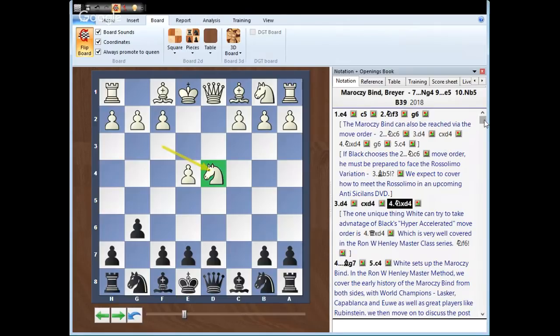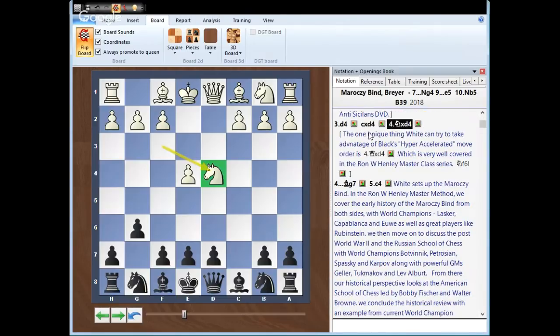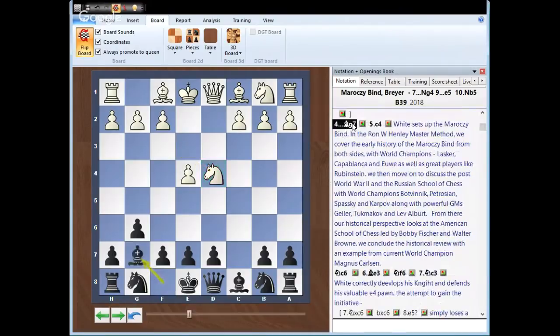Okay, so after knight takes d4. Now notice one of the unique ways that white can try to take advantage of our hyper-accelerated move order is to play queen takes d4 and hit our unprotected rook in the corner. We do cover that in the master method. But after the usual knight takes d4, bishop g7, c4,